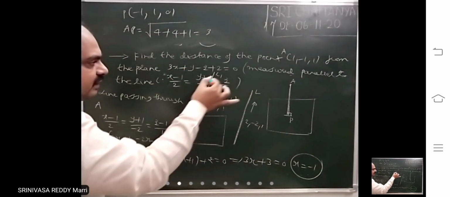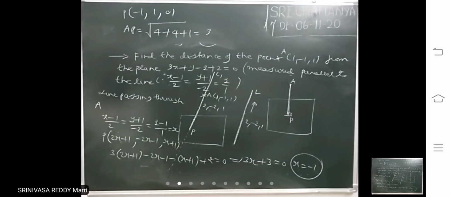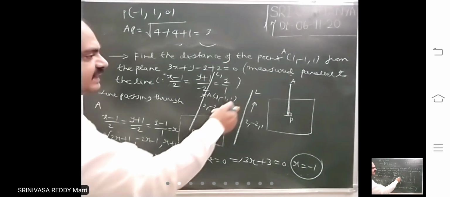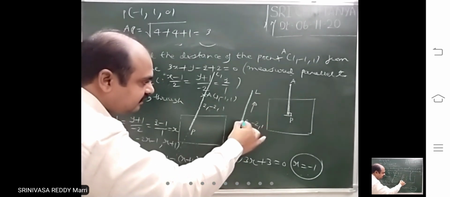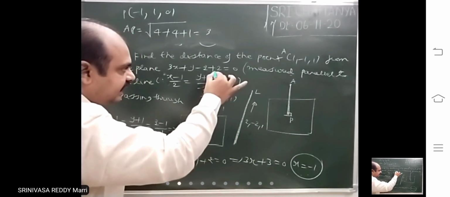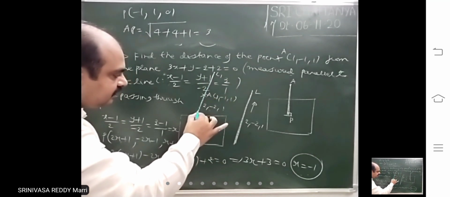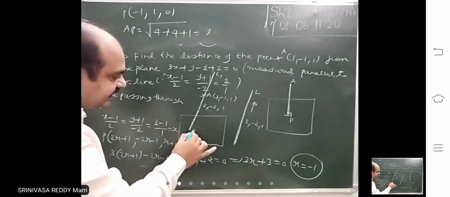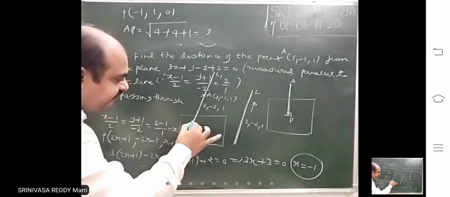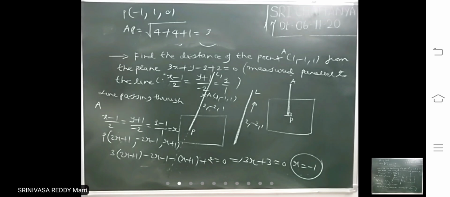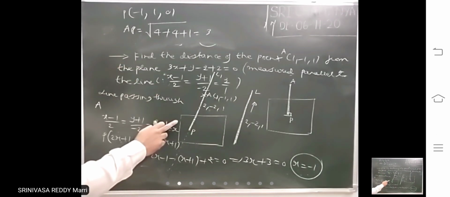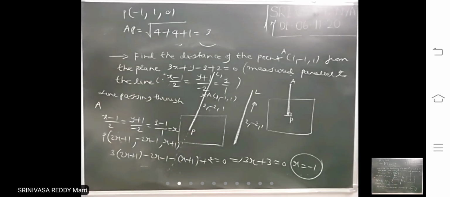If nothing is told about perpendicular distance, if he tells that measured along a direction parallel to the line, this is the line passing through A, you draw a line parallel to that line, right? Let us say it intersects at P. This AP distance he wants. Here distance means AP only, but perpendicular direction. So this is how to calculate in the direct method. I will tell a formula for this.